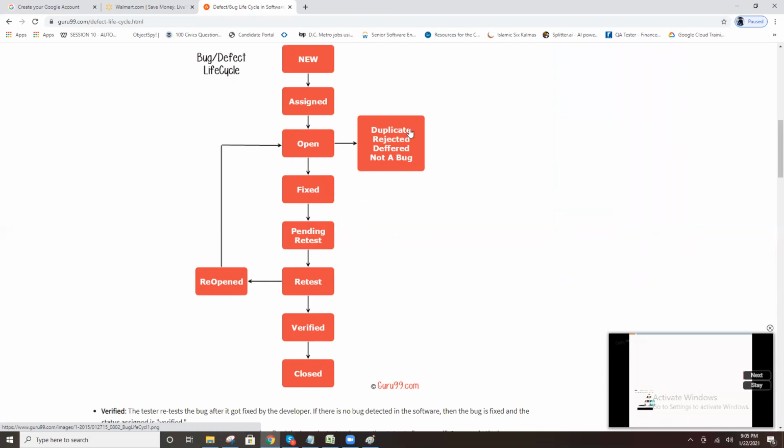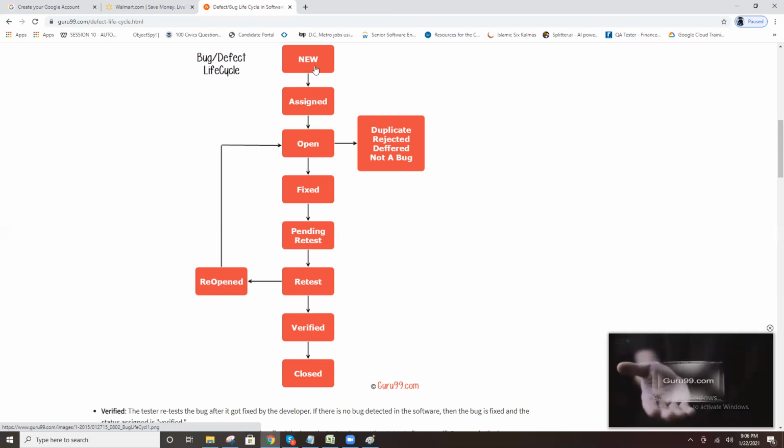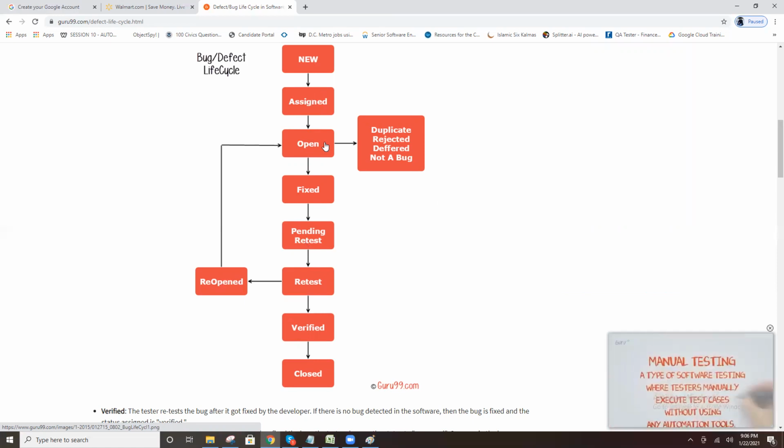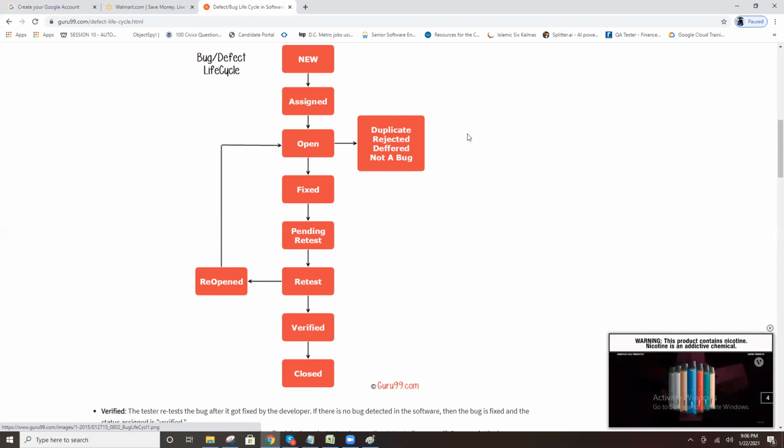You understand this, right? I asked whether you understood the bug life cycle. Okay, explain. When I log a new bug, the status is new. After that I assign the bug and the status is open. The developer checks the bug and accepts it, and then the status is fixed. Then the developer resends the fixed bug to the tester for retest. We retest and verify; if everything is okay, we close it. Otherwise we reopen it and the same thing repeats. That is the bug life cycle.